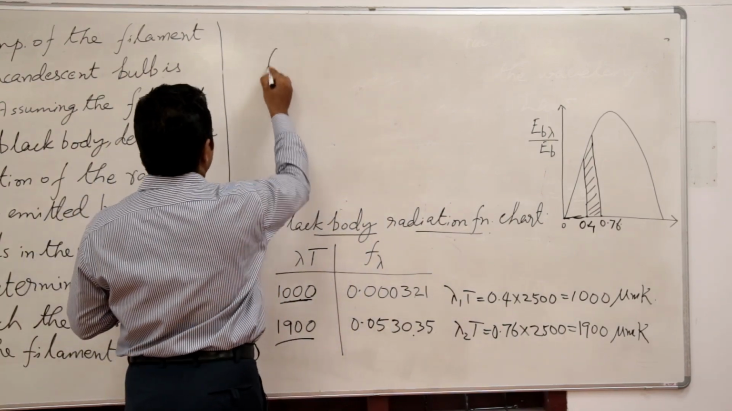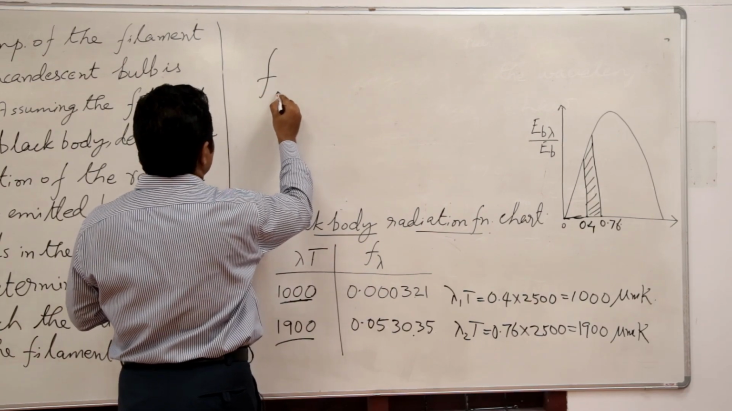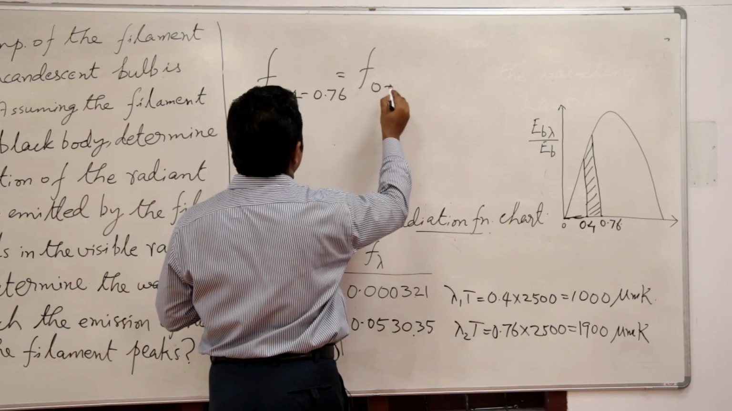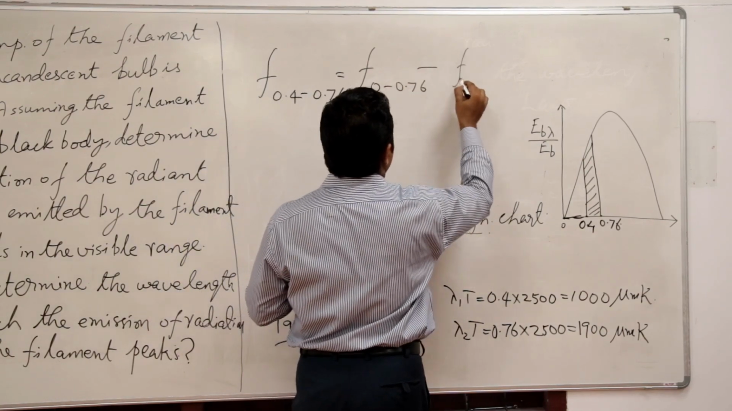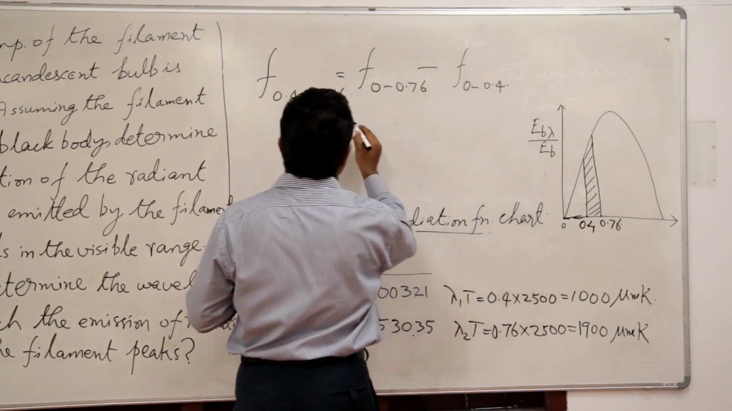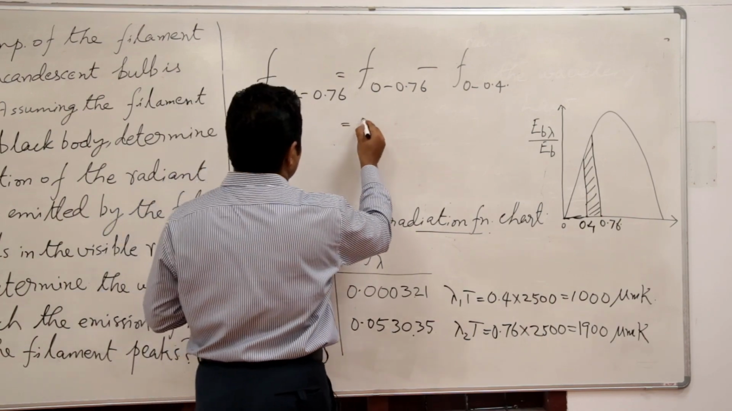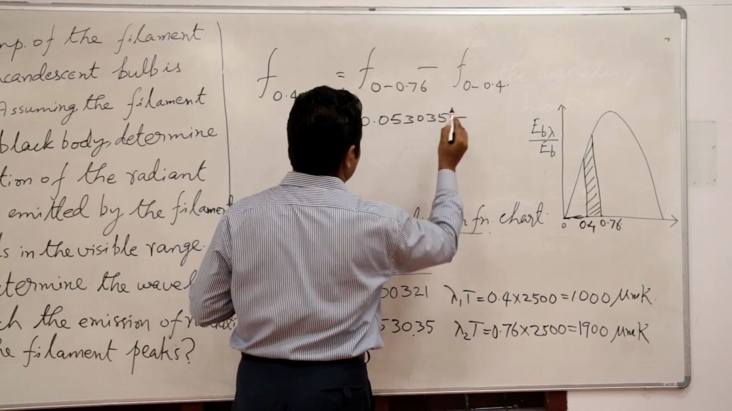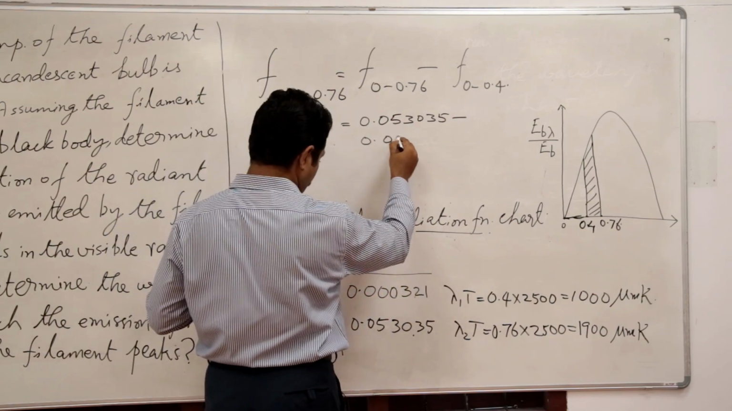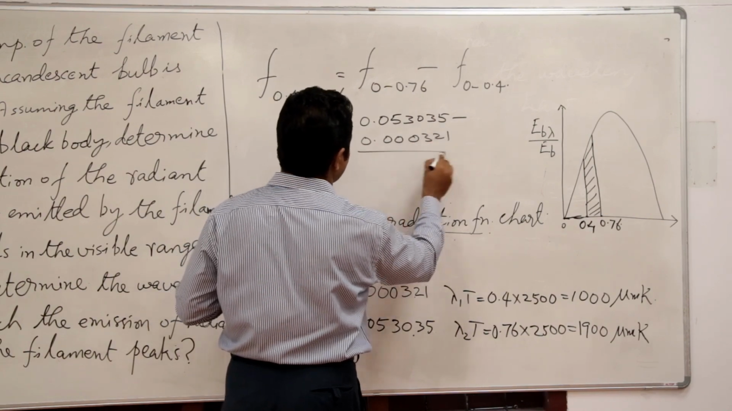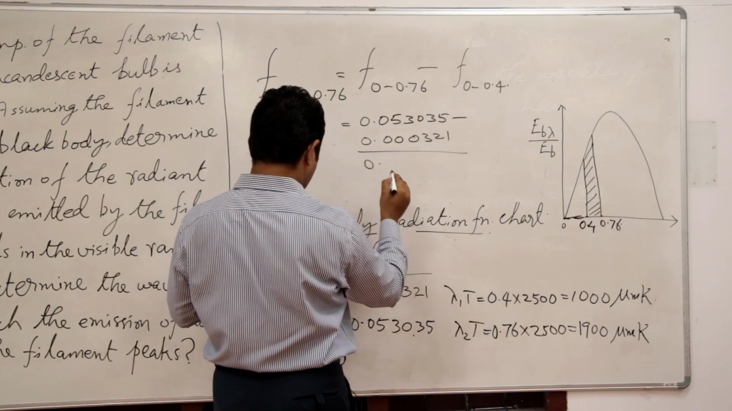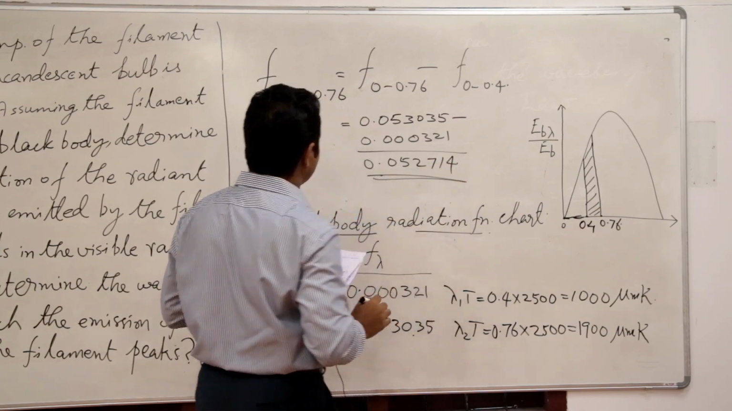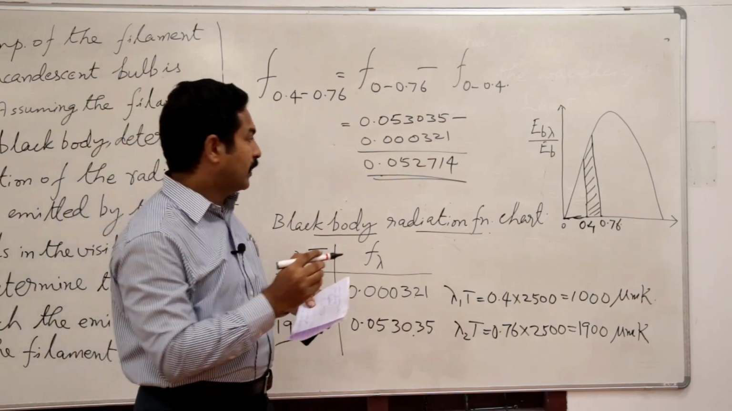We can write it as F of 0.4 to 0.76 is equal to F of 0 to 0.76 minus F of 0 to 0.4. That is nothing but, we already know the value, that is 0.053035 minus 0.321. What you are getting is 0.052714. Okay. So this is the value that we are getting, and from that we can understand, if I am taking the percentage,